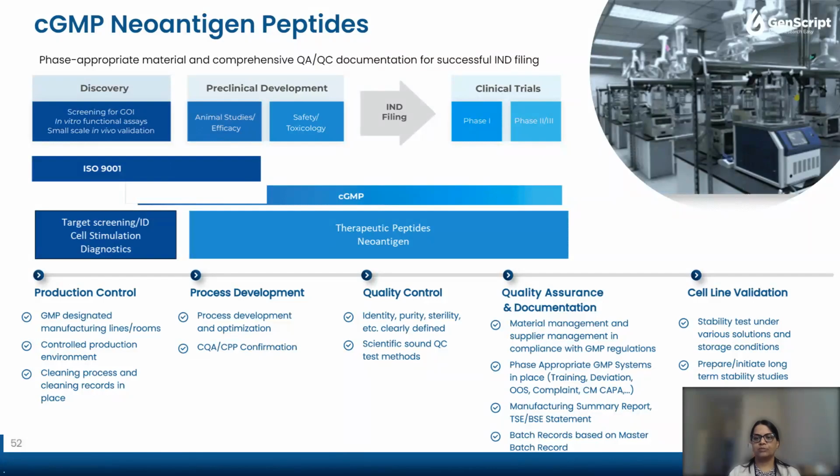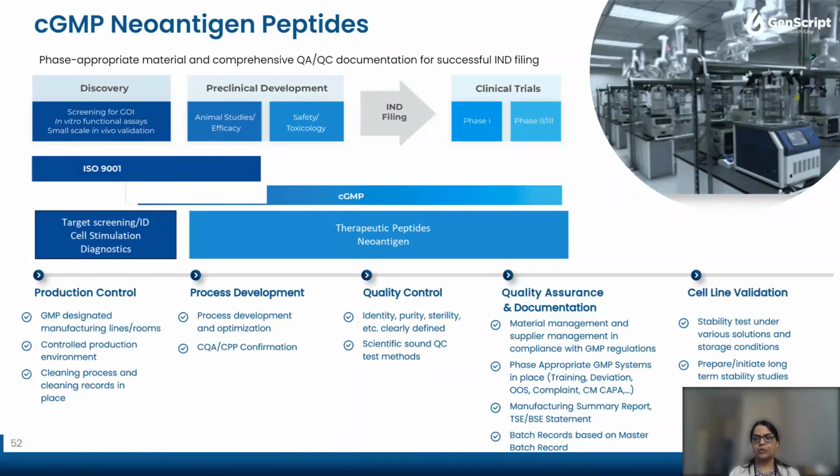Therefore, neoantigen peptide synthesis can be a significant bottleneck in the timeline of clinicians generating personalized immunotherapy. To help them, we also provide a stage appropriate GMP neoantigen synthesis service, and our NeoPrep platform